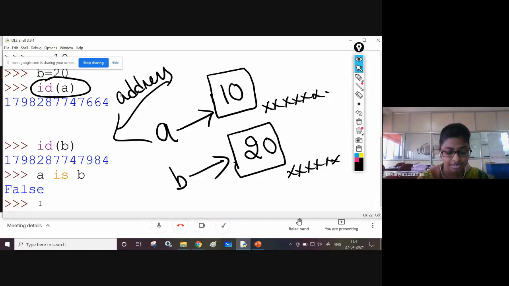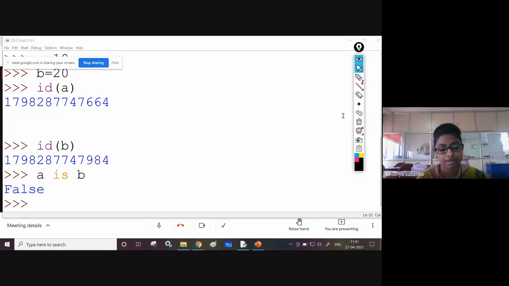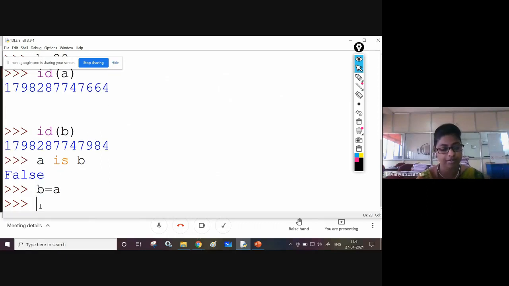Once again, let us see another example to understand well. Another example, B equal to A. Now I am assigning B equal to A. What is happening?